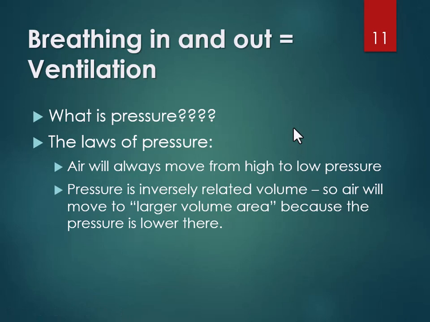So if you want air to go in, the pressure inside your lungs has to be lower than the pressure in the atmosphere outside. And the way that we can change pressure is we change volume. Volume and pressure are opposite. So when the lung cavity gets bigger, the pressure goes down inside of it. Okay, so you think of a balloon